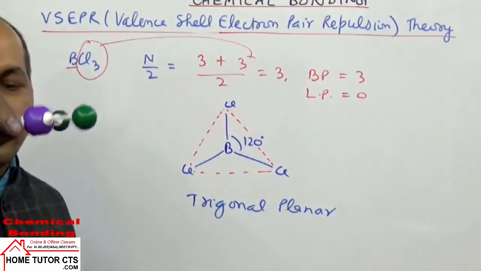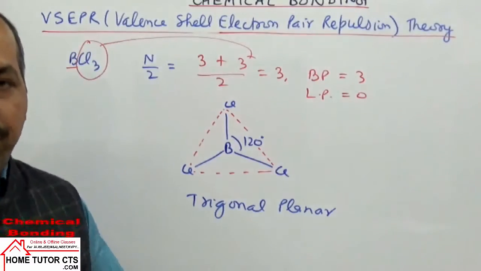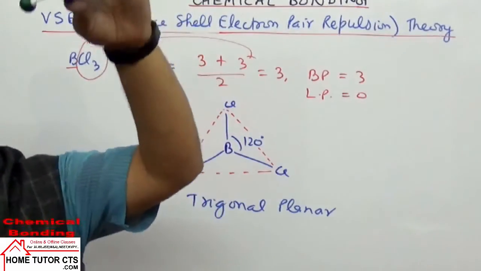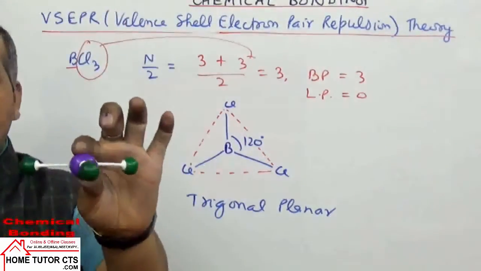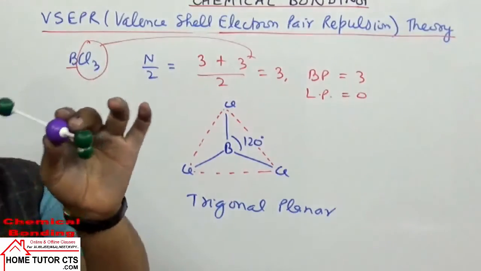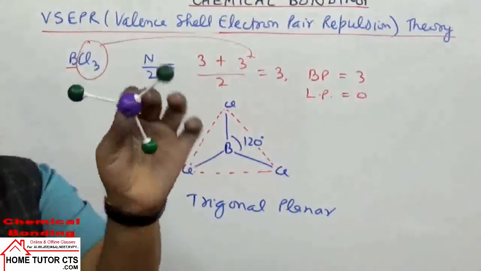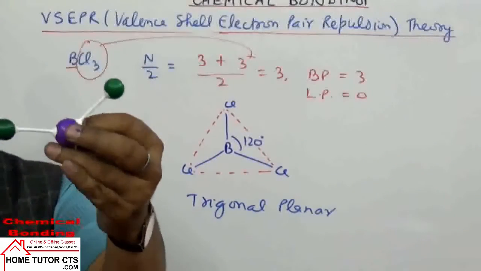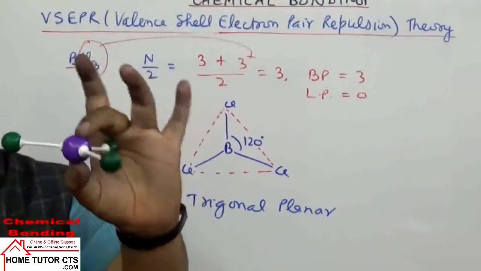We have all the atoms are in same plane. When we have all the atoms are in same plane, you can take example like fan. आपका fan के 3 blade होते हैं. All are in same plane. You can think this way only. Each angle taken 120 degree. You can take each angle will be 120 degree. Take any angle. All the bond angles are same, equal to 120 degree.